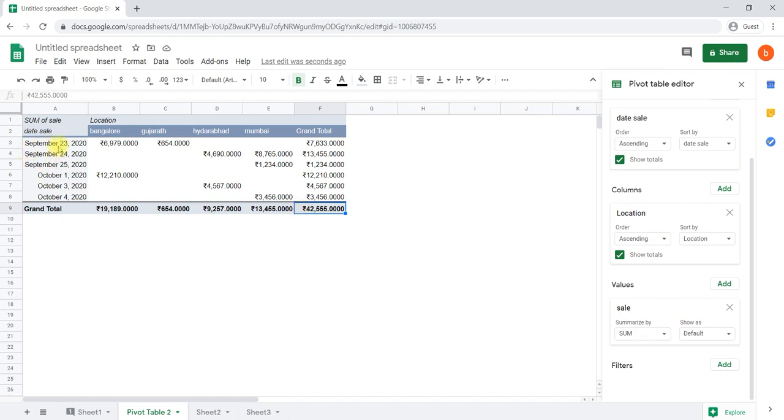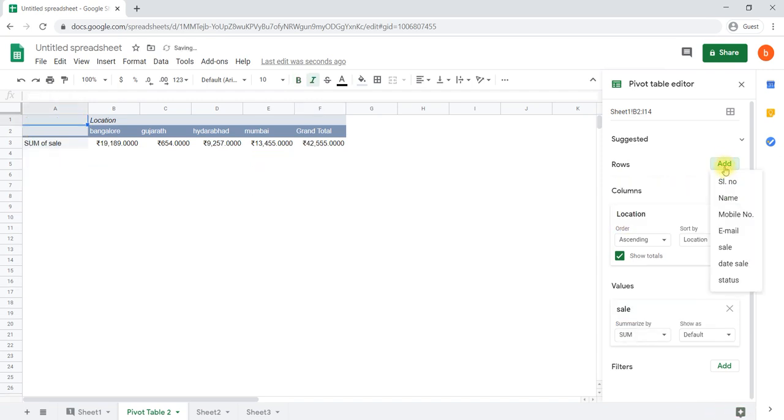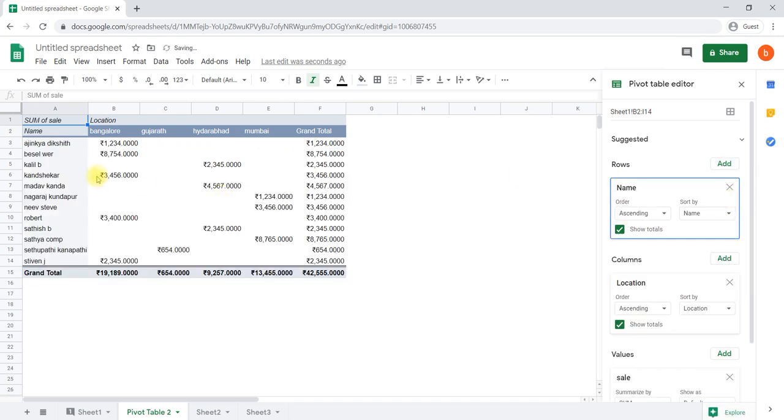In case you don't want to analyze in terms of date and you require client wise, then what you can do is close this one, the Rows sales date, and say Add, name of the customer. Automatically it will take the name of the customer.